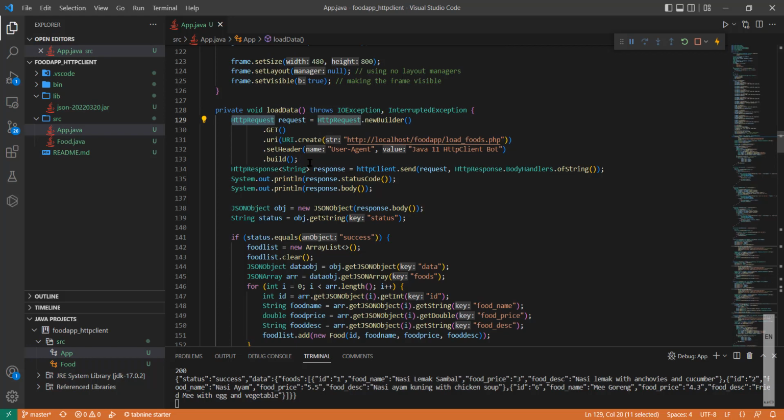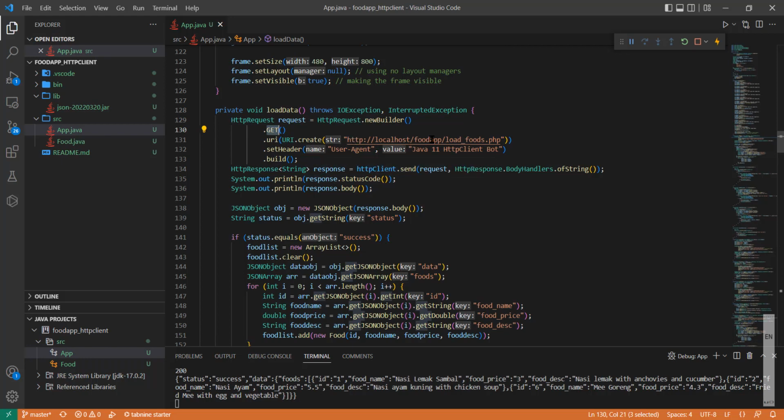There are two types of HTTP requests normally used in a typical web or client-server application, which are GET and POST. For the load data here, I use GET, which implements an HTTP GET request with the following URI to